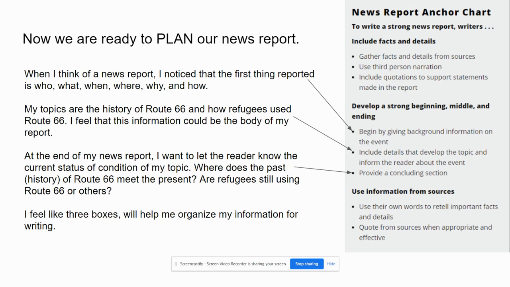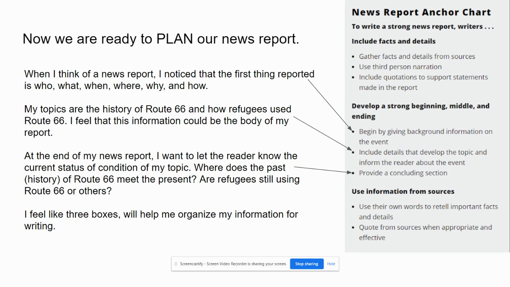So I want to let the reader know the current status of my topic. Where does the history of Route 66 meet the present, where it's no longer the past, it's now the current state of it? Are refugees still using Route 66? Or are other people still using Route 66? So I feel like that would be the ending paragraph of my news report.